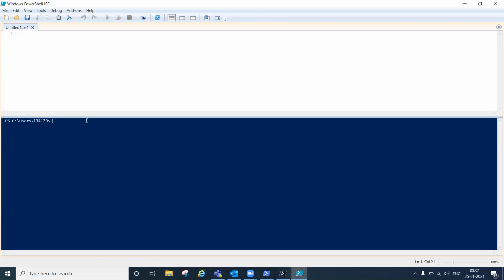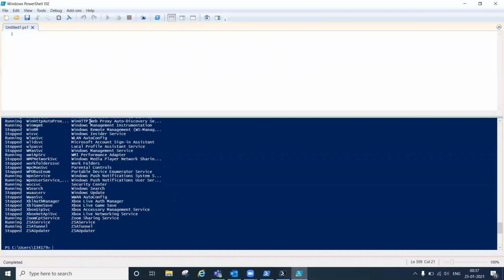ISE stands for Integrated Scripting Environment, and this is the original built-in editor for editing PowerShell scripts. We can run PowerShell commands from here as well, like Get-Service. PowerShell ISE comes by default with your Windows operating system. So go to your Windows Start, type in PowerShell ISE, then it will open.